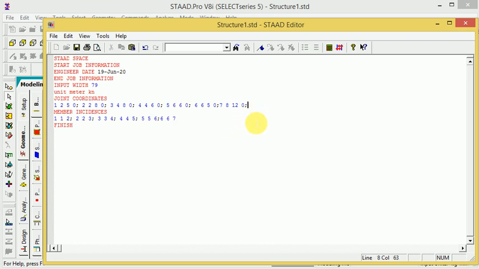If you again provide another joint, so right now 8 space 14 and space 16, then z direction is 0. Okay, then semicolon.